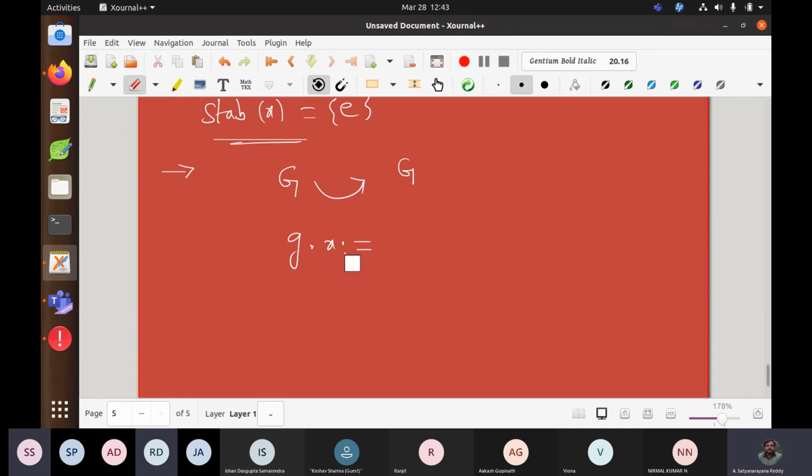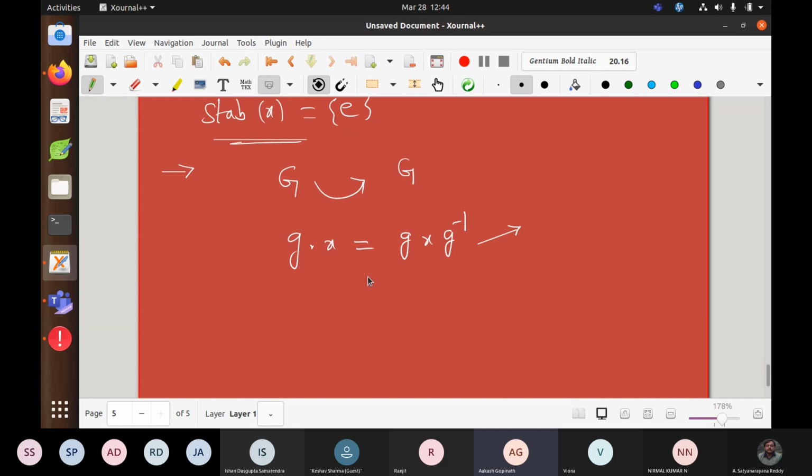So gxg inverse. Very good, Rashika. Yes, gxg inverse. Okay, but we need to check carefully. Sorry, I said okay, but I don't think I involved right actions, because what I said was g equals xg inverse. I never said anything about right actions. Anyhow, this can also be worked out.